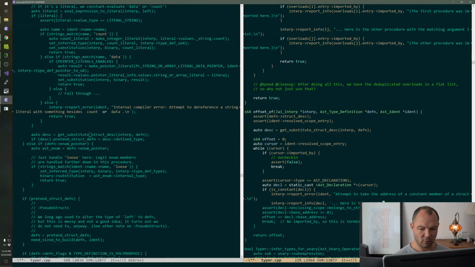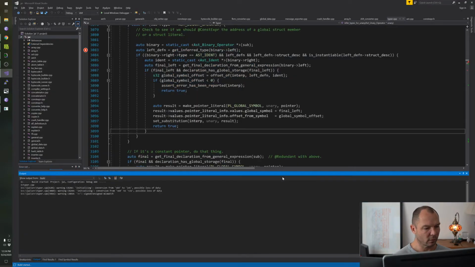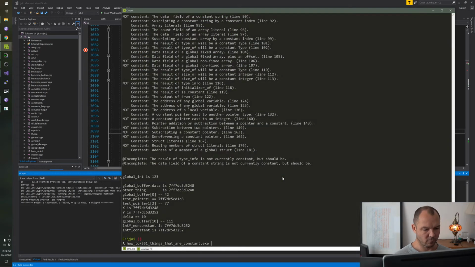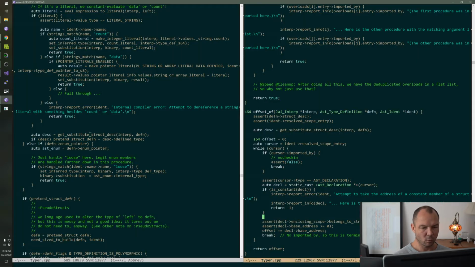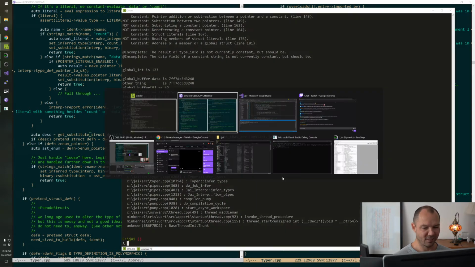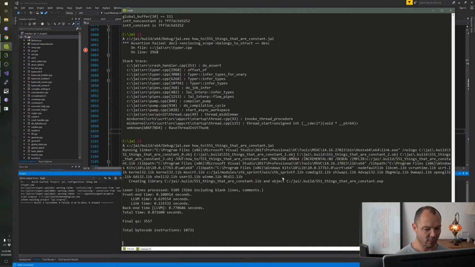Here is the struct member that is constant. Let's not worry about that yet. It's going to go away anyway. I'm not sure I put that there. I'm not sure it's right.